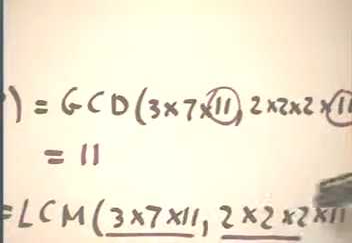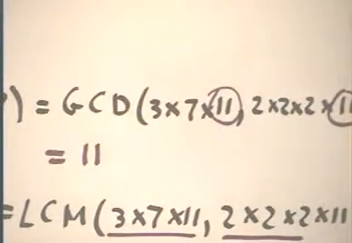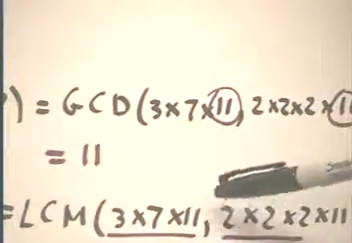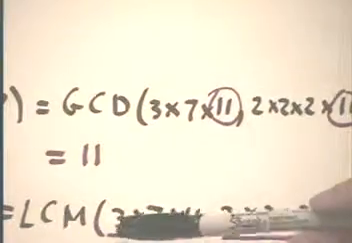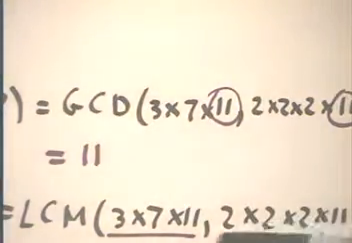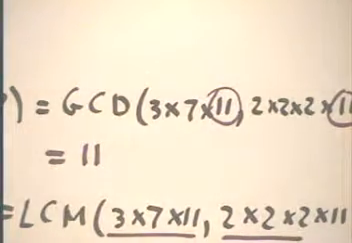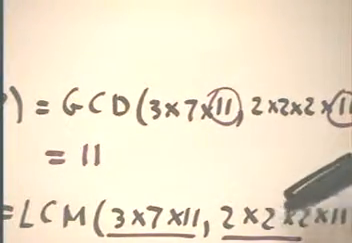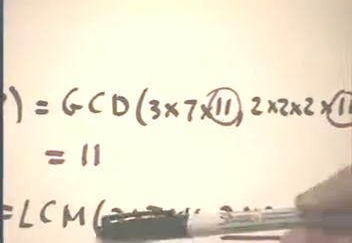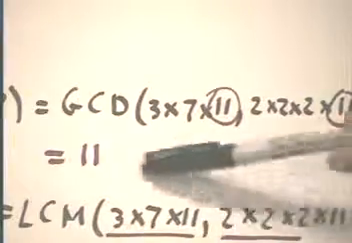Okay. The least common multiple is a number that both of these numbers divide into. Now, if this number is going to divide into the least common multiple, then the least common multiple would better contain a 3 and a 7 and an 11. And if this number is going to divide into it, the least common multiple ought to contain a 2 and another 2 and another 2 and an 11. Now, if we start by underlining these numbers, saying, okay, we're going to include all these in our least common multiple,